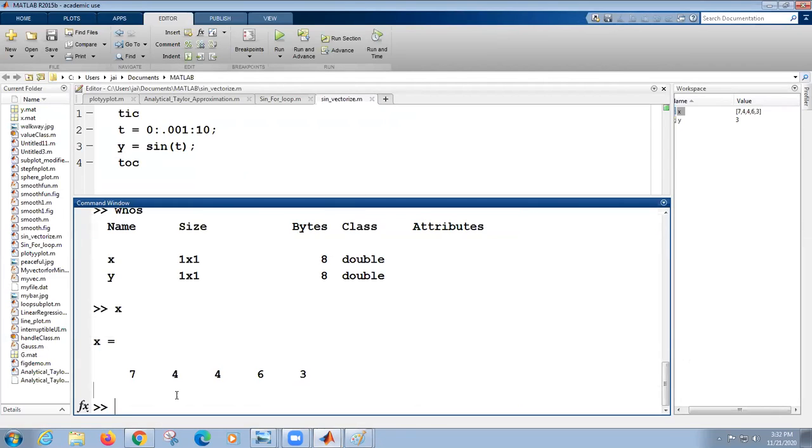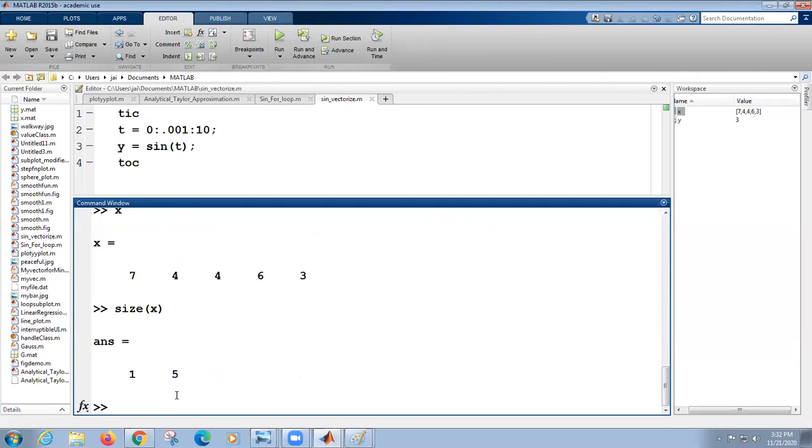What is size of X now? If I take size of X, I got 1 by 5. That means 1 row and 5 columns. Are you able to get this? So this could be a vector, this could be a 1 by 5 matrix, and this could be a 1-dimensional array. Are you getting this?